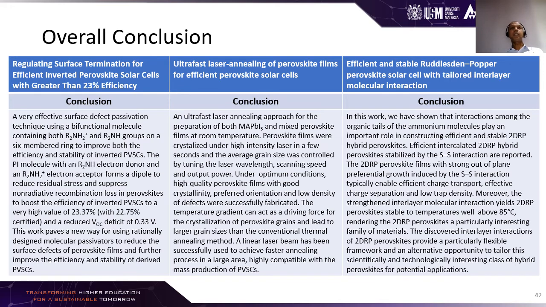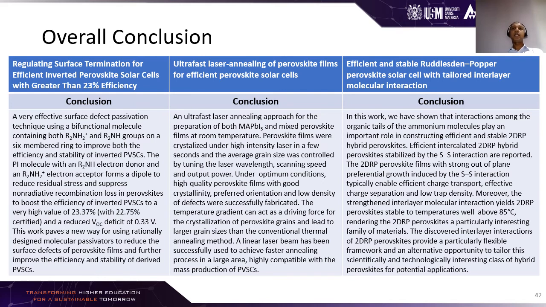Now, for the third paper, in conclusion, in this work, we have shown that the interactions among the organic tails of the ammonium molecules play an important role in constructing efficient intercalated 2-DRP hybrid perovskites by having the sulfur-to-sulfur interaction as reported. So the 2-DRP perovskite films with strong out-of-plane preferential growth induced by the sulfur-to-sulfur interaction typically enable efficient charge transport,